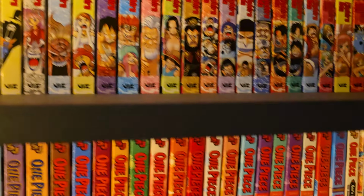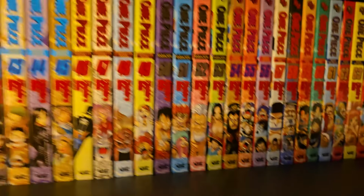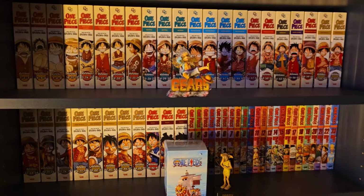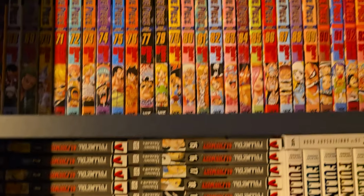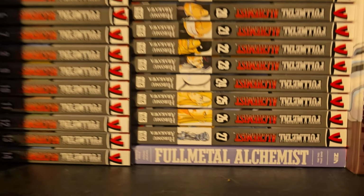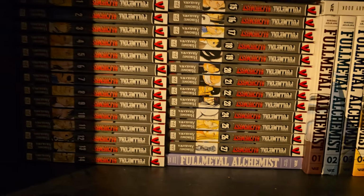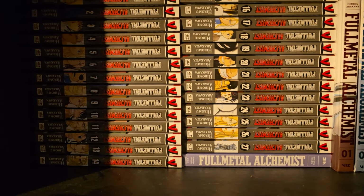We also have Ace's story as well, both volumes of that one in manga form. There's also a novel version, but I don't have that yet. Now over here below the One Piece singles, we have the Full Metal Alchemist singles, also including the Full Metal Alchemist light novel. All of it together I had to stack in this direction